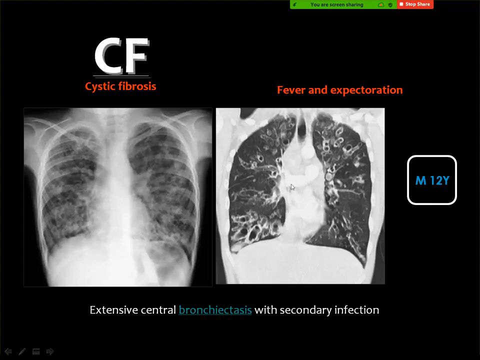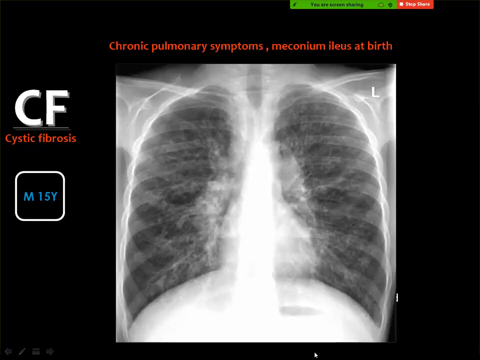Another appearance by the plain film and the CT scan, you see similar findings. Sometimes in the chest X-ray, you are not able to reach the diagnosis. But all you can say for this chest X-ray is that you are dealing with what looks like a diffuse lung disease,